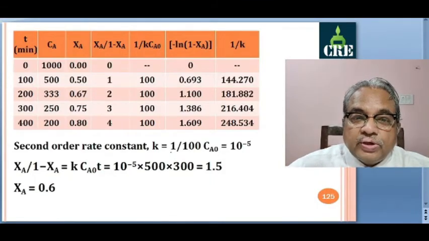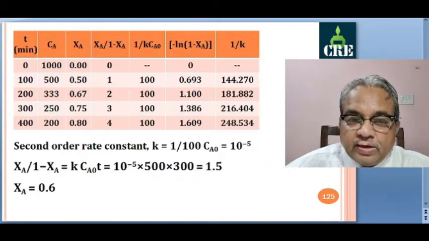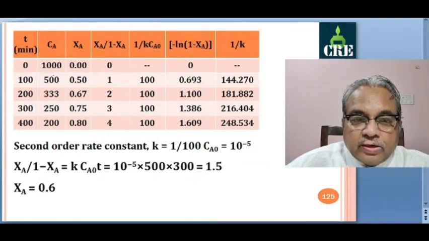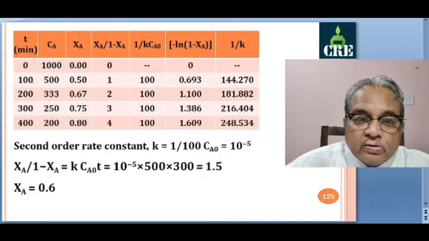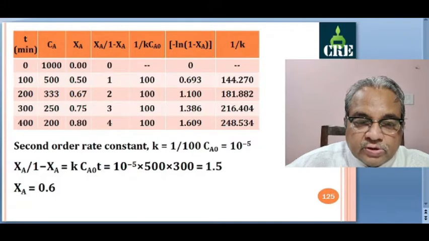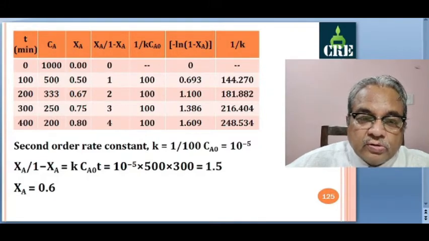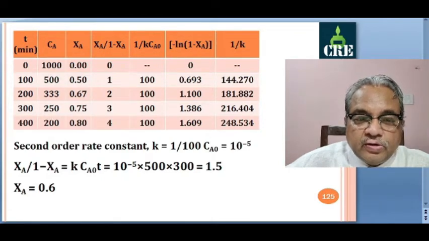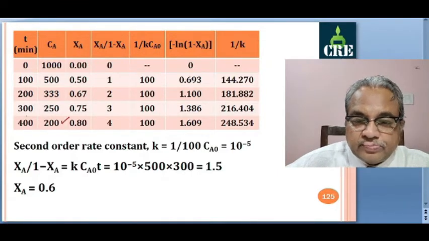Same problem we can solve by finding out the rate law. It is not necessary, it can be directly done from the table. You start here, this is your time t is equal to 0, and from here if you start as 0, so this becomes 100, this becomes 200 and this becomes 300. That means after 300 minutes, means after 5 hours, if you start with time t is equal to 0 here and Ca0 is 500, then after 3 hours this value is 200.